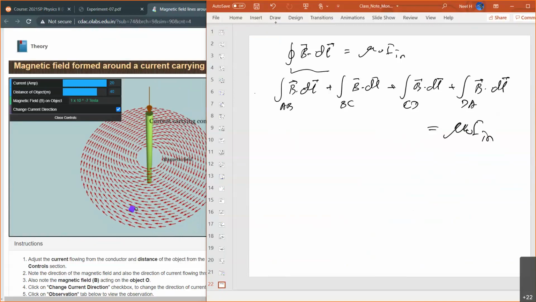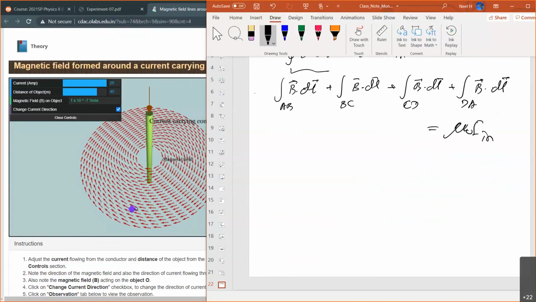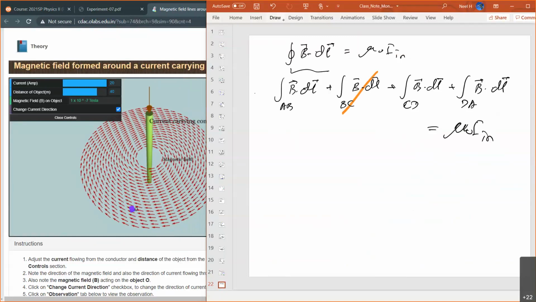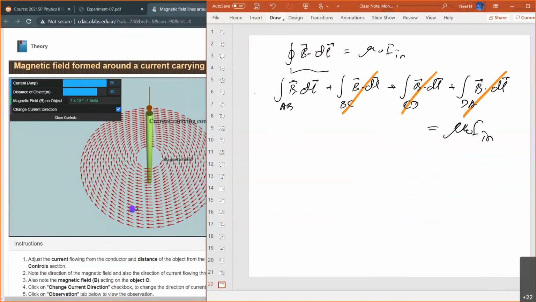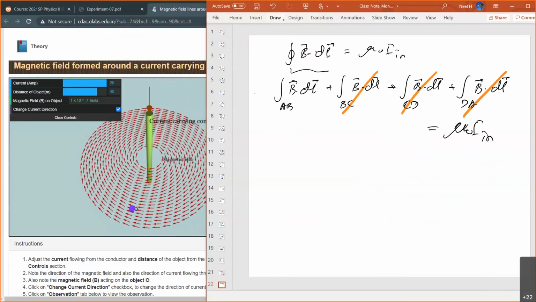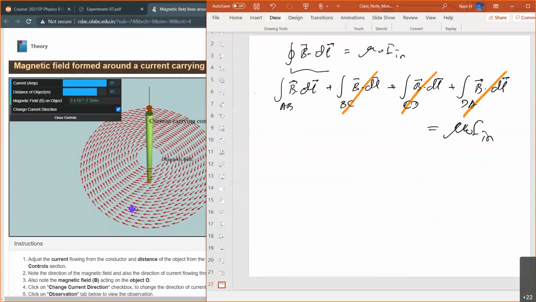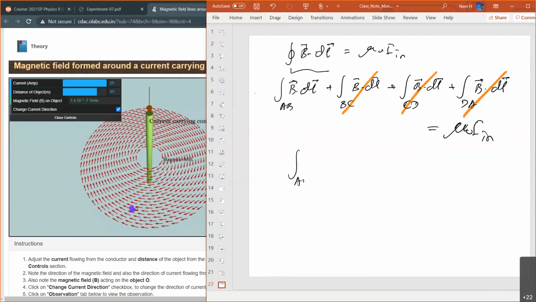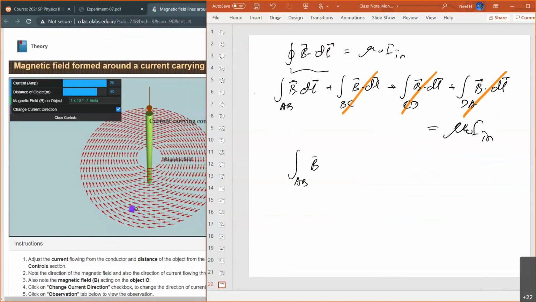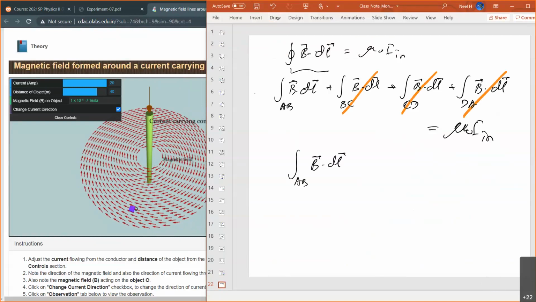Now, if you look at it, these components we don't need any longer: B to C, C to D, and D to A. All of them become almost zero magnetic field. So we can cross out those things. So what we are really interested in is the integral from A to B inside, B dot dl, which is equal to